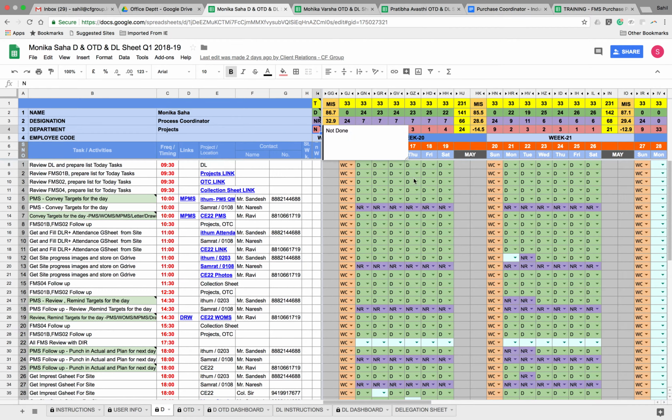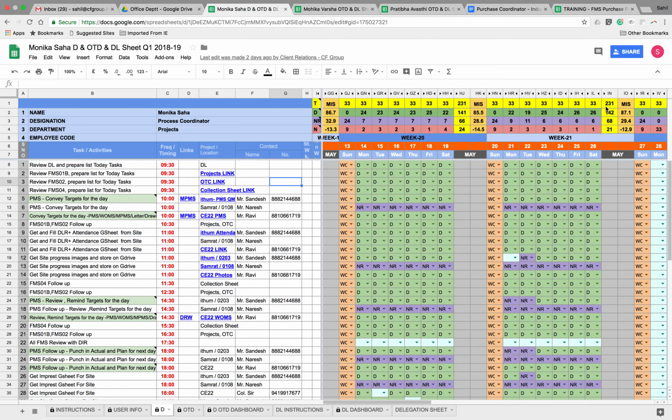So as you can see that this is a dashboard which is available on the top side, right top side. It is the MIS of the doer. So as you can see, it states that for this day, that is Monday 21st, total tasks available to the doer were 33, out of which 22 were completed, 9 were not required, and 2 were not done. Similarly, scoring and the number of tasks which are for every day are mentioned here.